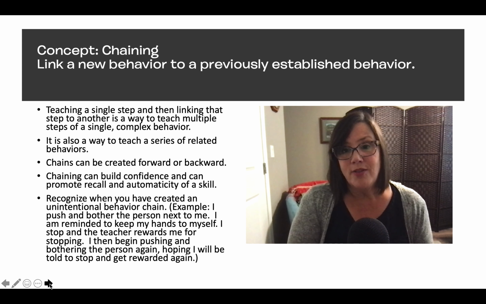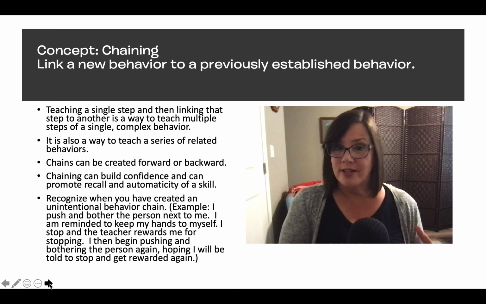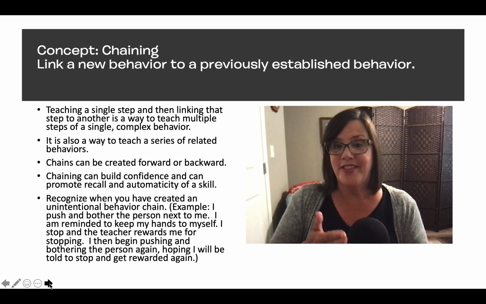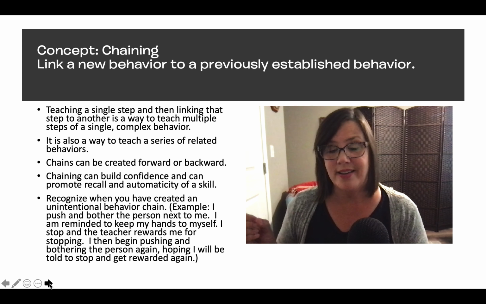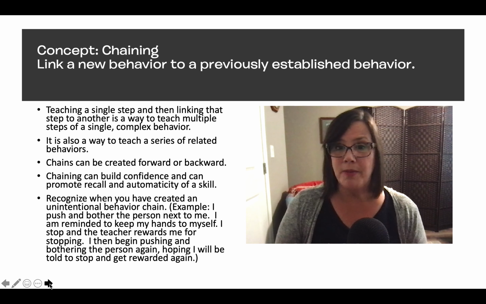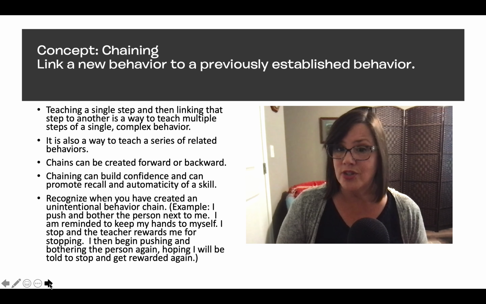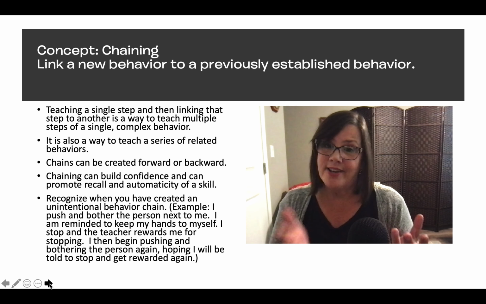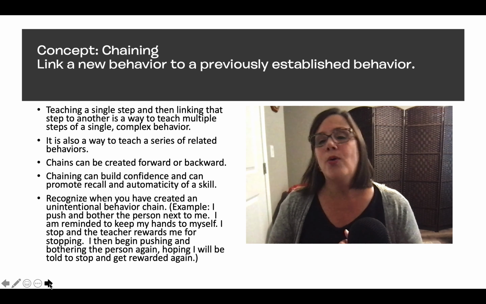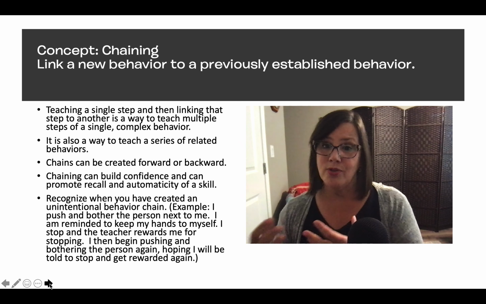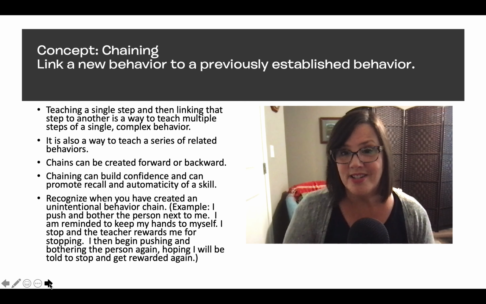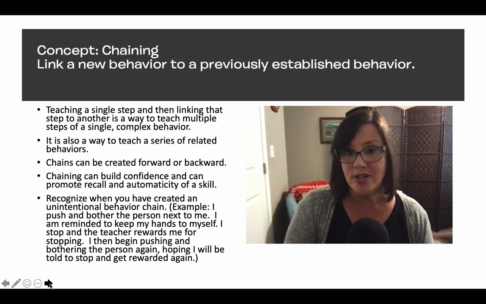So with any behavior that you're trying to shape in a student, you have to decide what are all of the small links in the chain that I'm expecting that student to do. And where is it going to be most successful to start? Should I teach them the first skill and add to it as they go forward? Or is it best if I just have them do the last step and add to their chain backwards. That's going to be a decision that you have to make based on the student and based on the skill